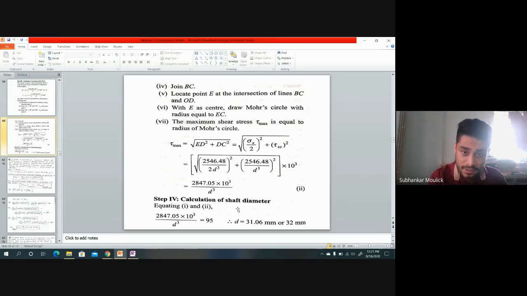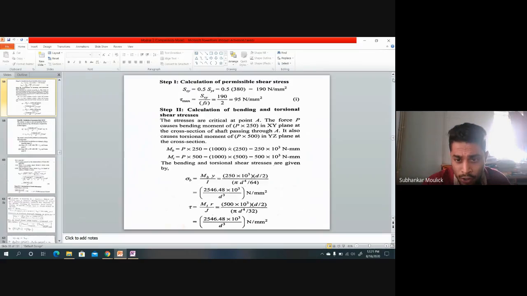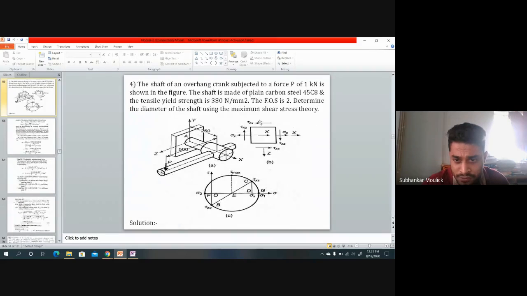This is one method of calculating tau max. There is another method also, that is the Mohr circle method. For this particular state of stress problem, you have to draw the Mohr circle. How will I draw it? I know that the x-axis of the Mohr circle represents normal stress, that is sigma, and the y-axis represents shear stress tau.